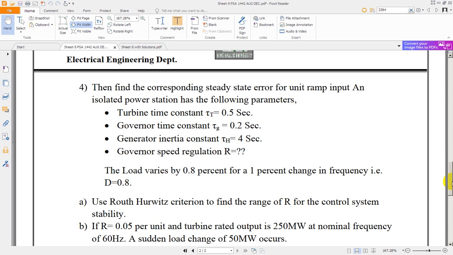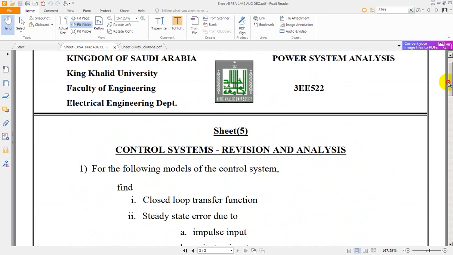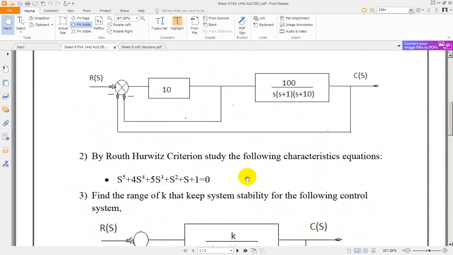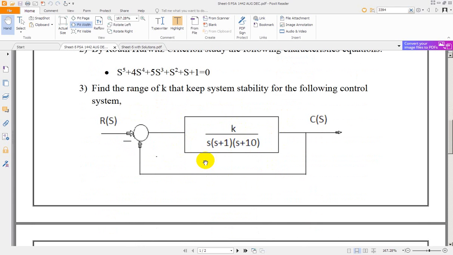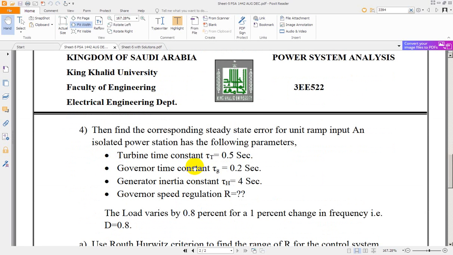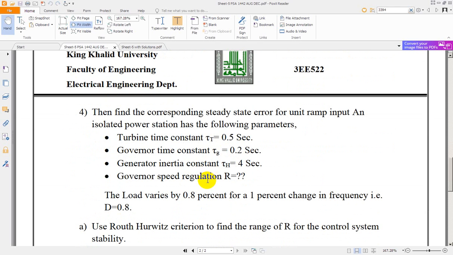In the last class, we dealt with problems related to the closed loop transfer function, Routh's criteria, and the range of K for identifying the stability of a control system. We utilized the Routh's stability criteria for the evaluation of the range of K under stable conditions. It is also a similar problem, problem number 4, where